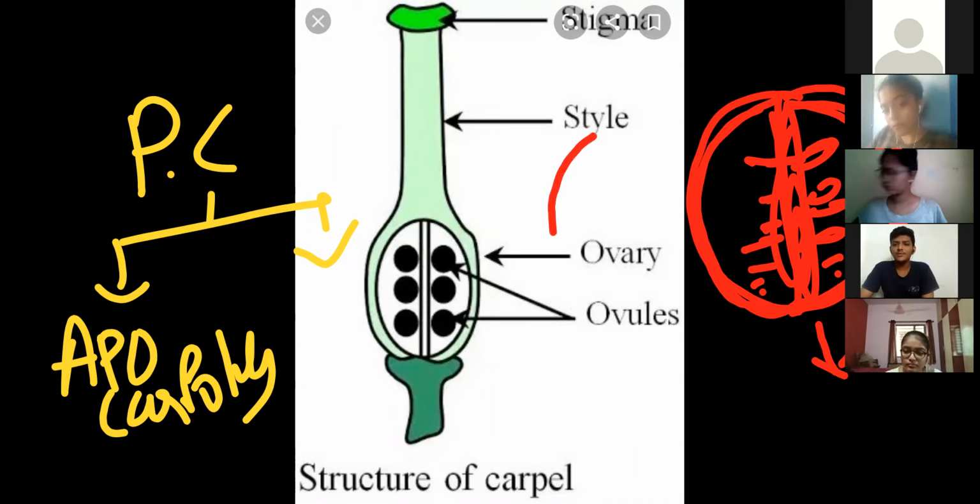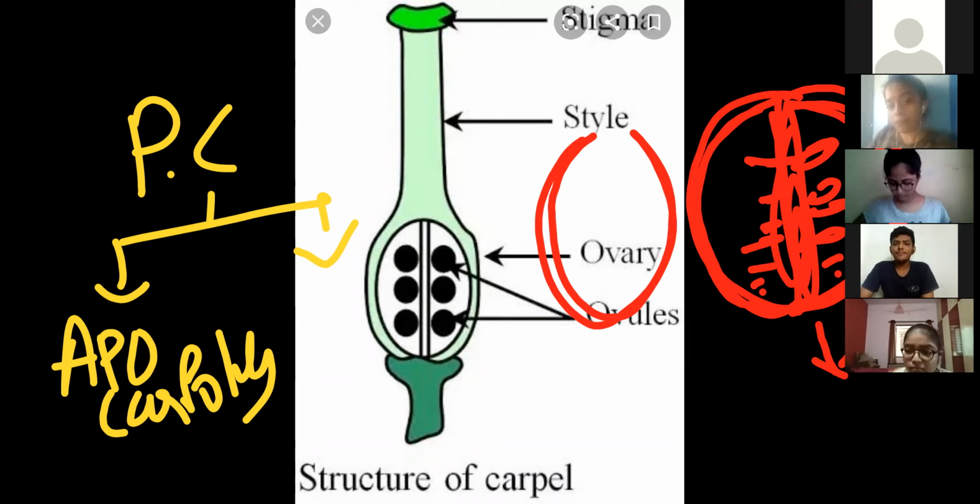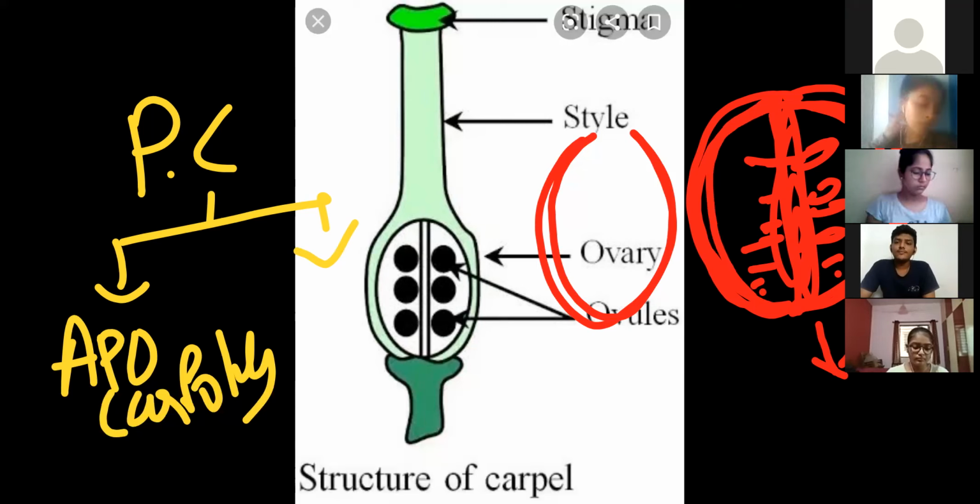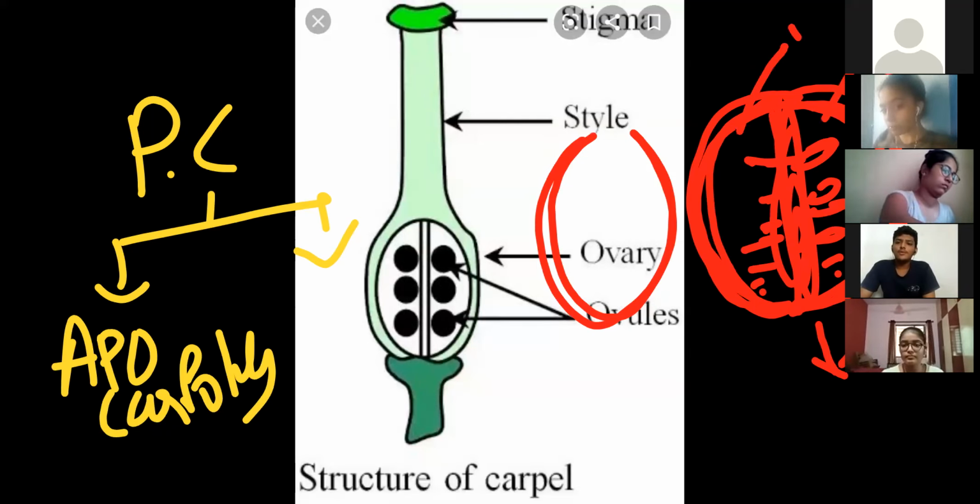See, if we look at it, this is one fruit. Externally, when we observe, it's one fruit. So we think about what? That one ovary is present, yes or no? But when we take a transverse section, at that time we realize that not only a single carpel, here 2 carpels are present. This one is one, this one is the second one.